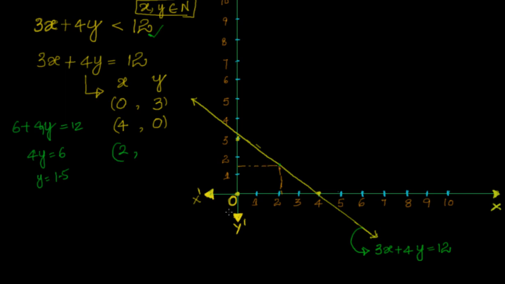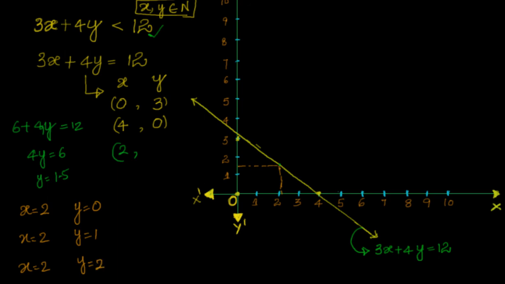Okay. Now once we got that one, this is another point on 3x plus 4y equal to 12. Now we know the value of x, so we will say x equal to 2. We will vary the values of y and see how they are moving, whether above the line or below the straight line, by which we can clearly understand how to get the solution for the inequality. Now let us say x equal to 2 and let us take y equal to 0. Let us say x equal to 2, we will take y equal to 1. X equal to 2, we will also take y equal to 2.